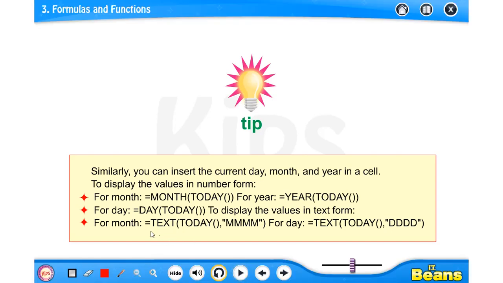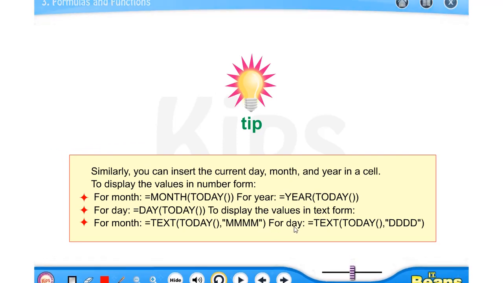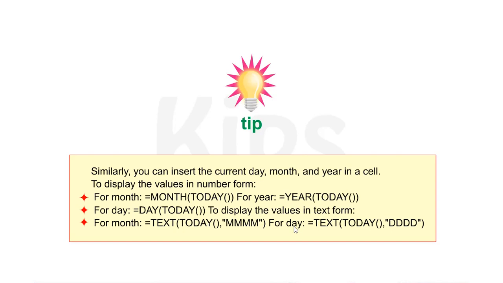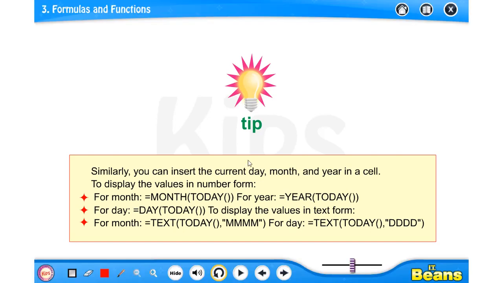So this is another way of writing the formula: equal to TEXT bracket start, TODAY function, then within double quotes four times M, double quotes close, bracket close. In the same way if you want to see today's date, follow the same function: equal to TEXT within bracket TODAY function, then comma, then within double quotes four times D, double quotes close and bracket close. So these are the ways you can write the TODAY function.